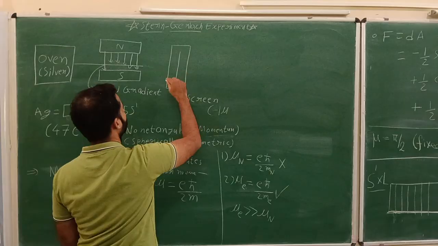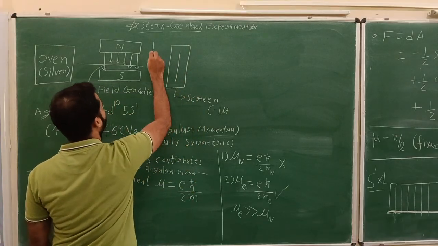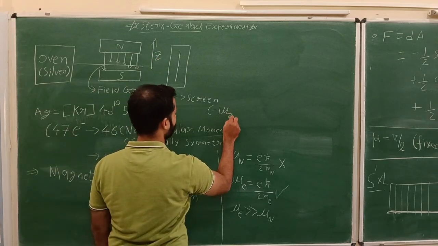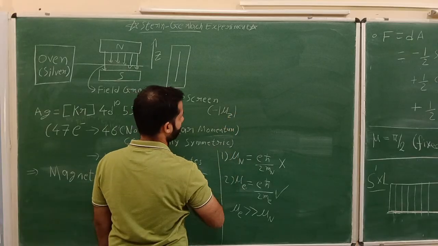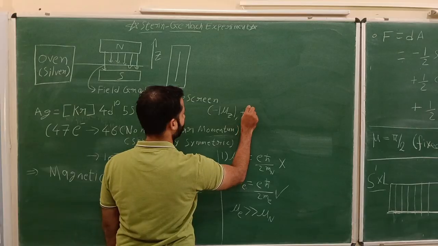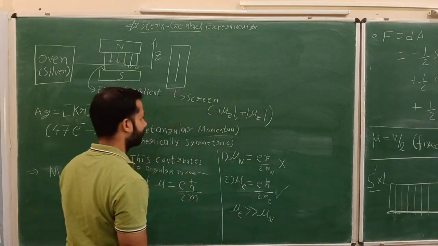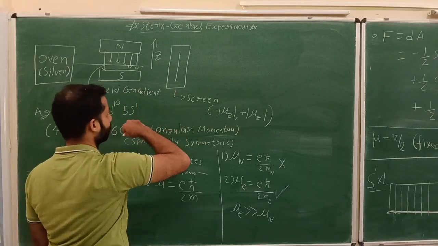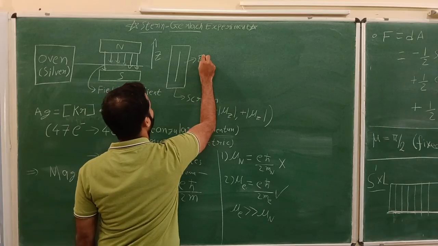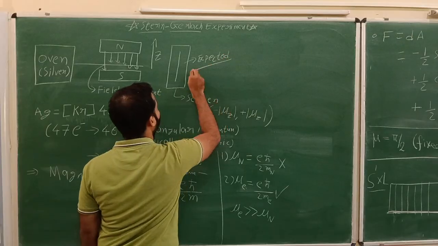This is since this is z. So all the magnetic moments will be available from minus mu z to plus mu z. We were expecting there will be a straight line. This was expected,